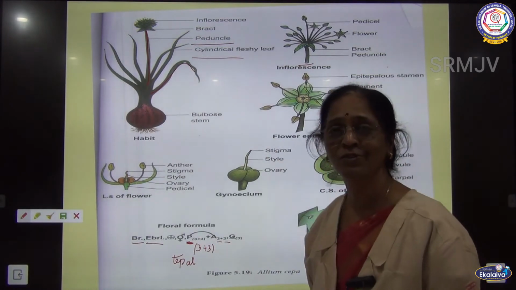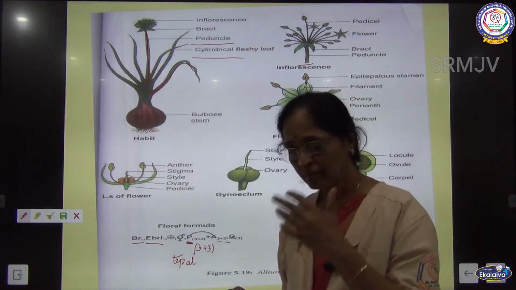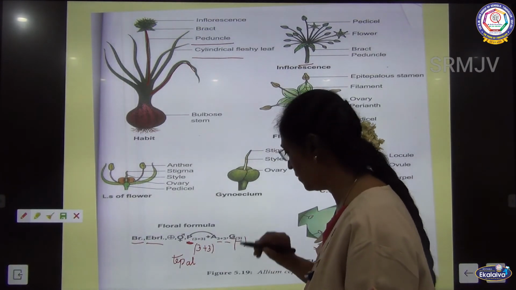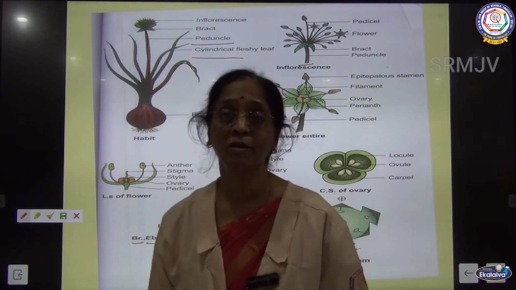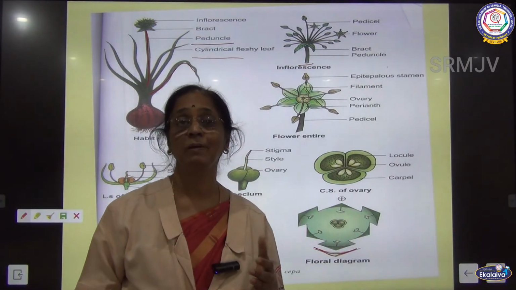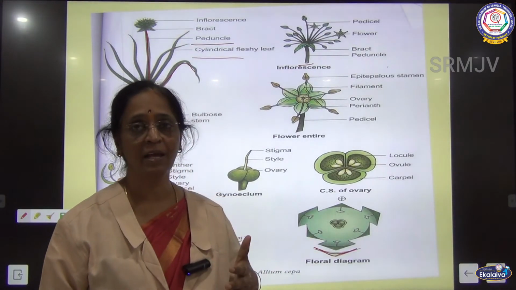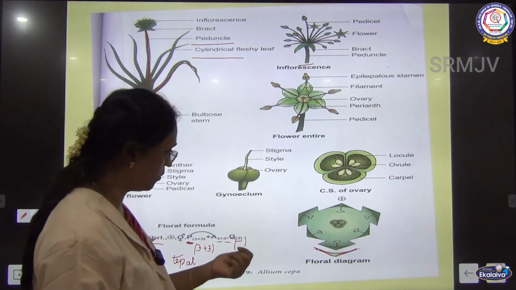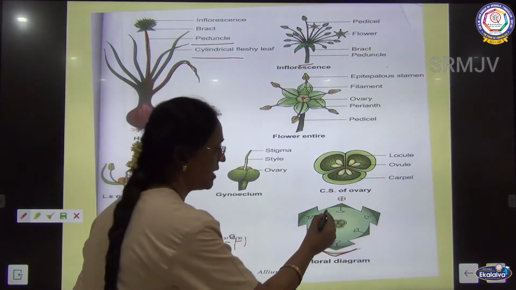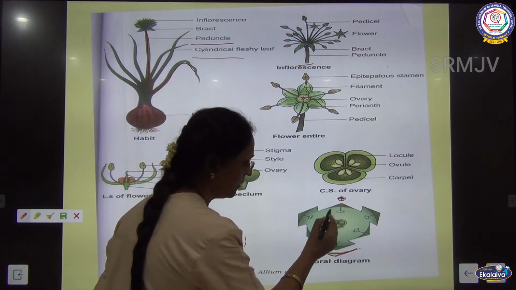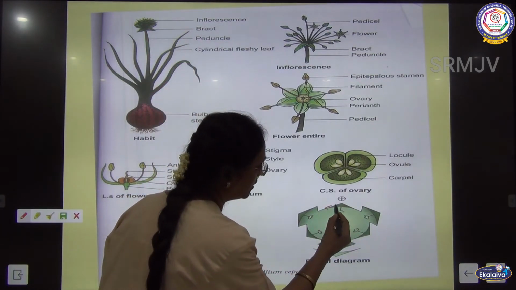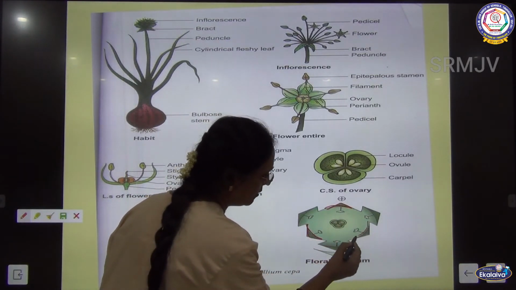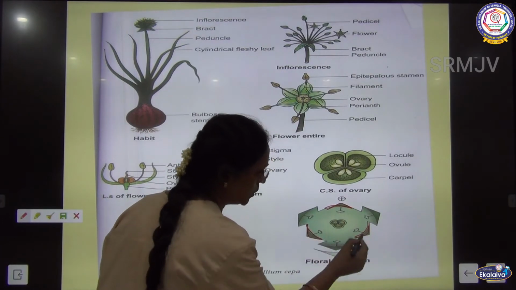Gynoecium, because it belongs to monocotyledonae, is tricarpellary, syncarpous, with a superior ovary. And in monocotyledonae, you said the flowers will be trimerous, 3 or multiples of 3. So when you see the floral diagram with the floral formula we have written, this is the mother axis. Here is the inner whorl, so you will find 1, 2 and then 3.